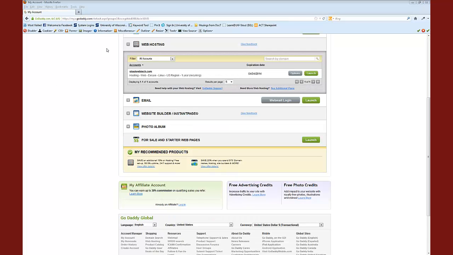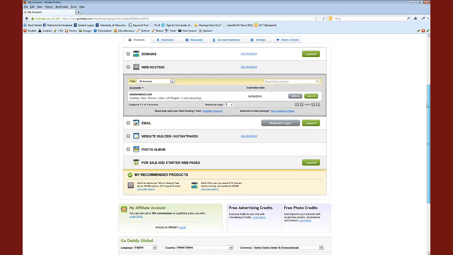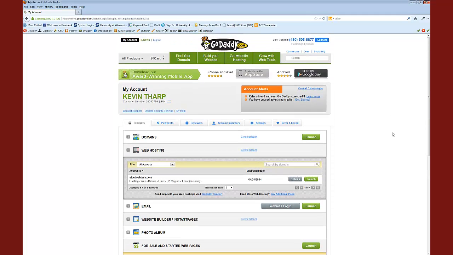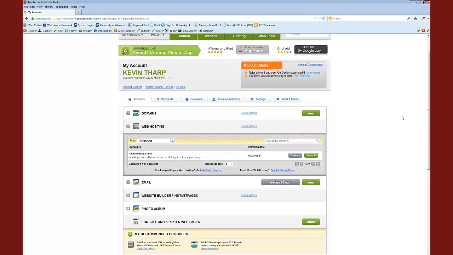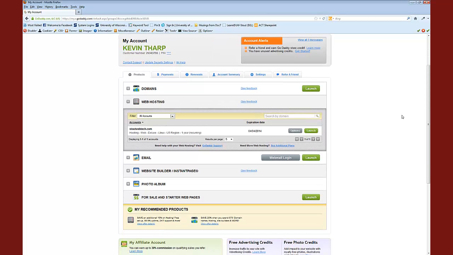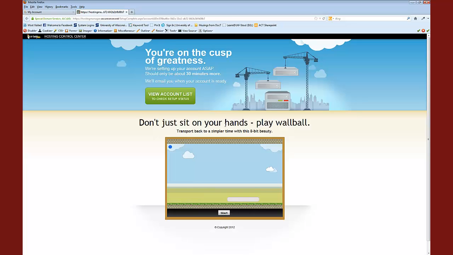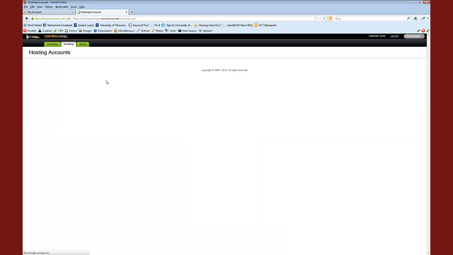Now, for one of my classes that I'm trying to give PHP access, I have purchased a domain, stoutwebtech.com, and I've purchased hosting for them. In this case, I come to a tool that allows me to see my account and the different things. At the moment, I'm waiting for them to have my website set up. So I choose launch, and it's telling me it's setting up. It's going to take a little while, not a long time, and it's going to depend upon the server,